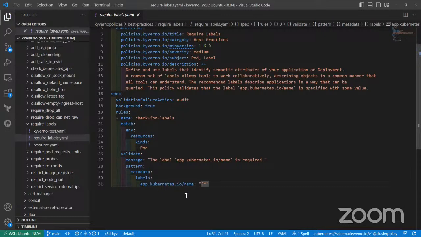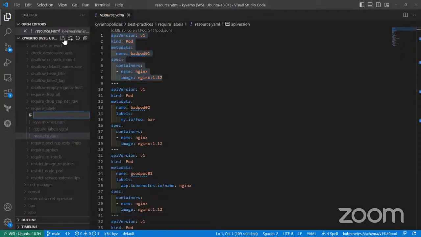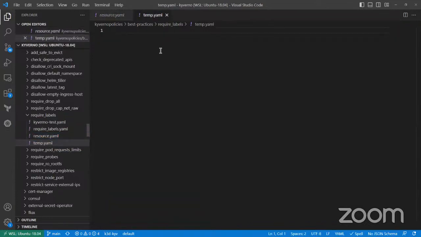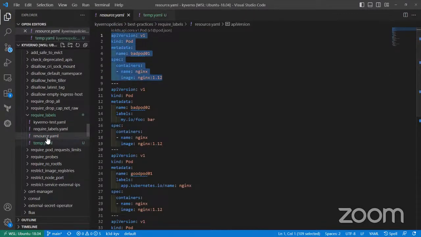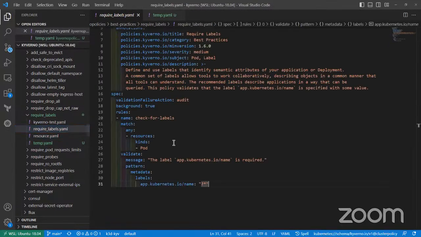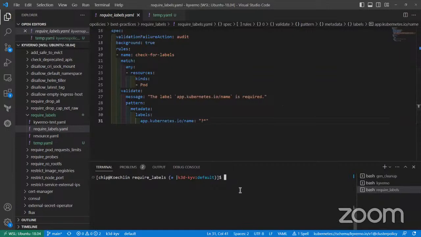So what we want to do is test a resource, and you can see the name of this one here is bad pod. I'm just going to temporarily create a temp file and just isolate this one just to show this policy in action. So it'll get the policy here, and then we're already in this directory. So we will do,